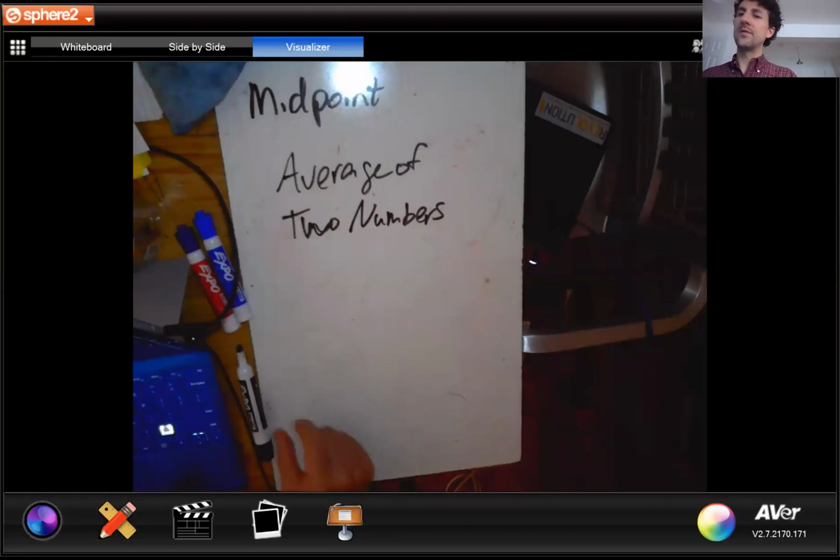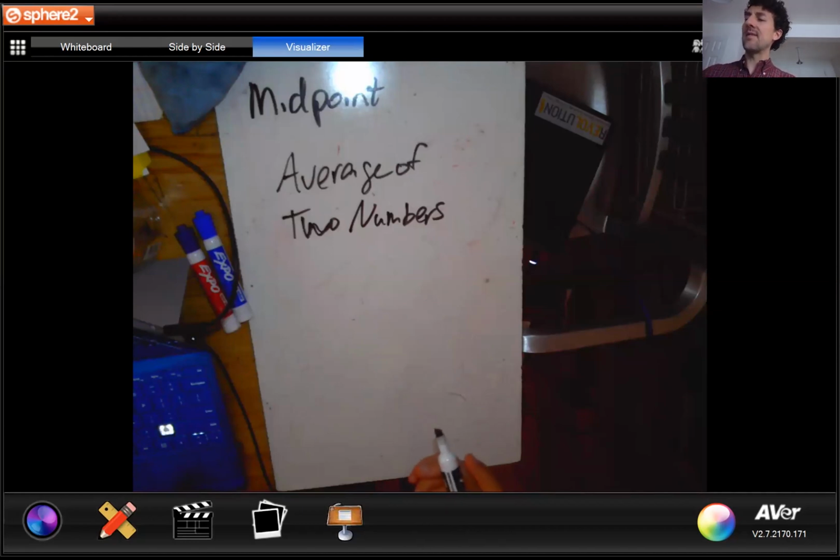So now we're going to review how to find the midpoint of a line segment. Before we do anything with x and y coordinates, let's review what it means to take the average of two